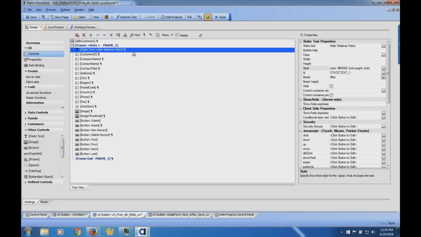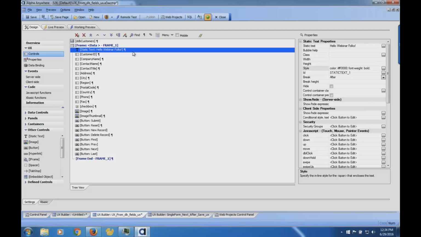So what's really cool, if you start using Bootstrap themes, which by the way, at the Alpha Development Conference, we're going to start talking about how to integrate Bootstrap technology into your solutions. But the benefit is you can use all these beautiful Bootstrap button styles and things like that right in your applications, and we're going to demonstrate that at the Developers Conference. It's really going to be a fun session.